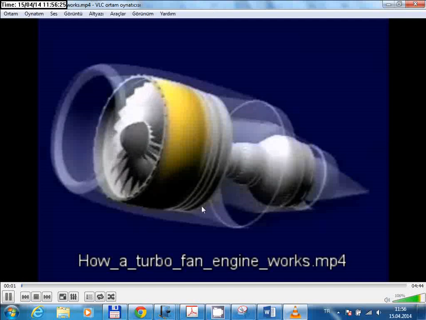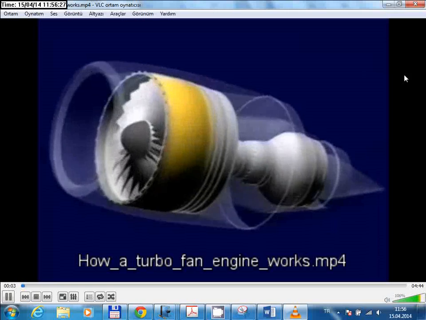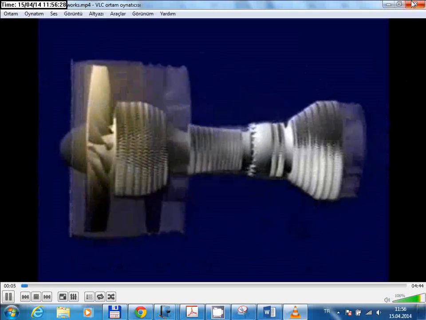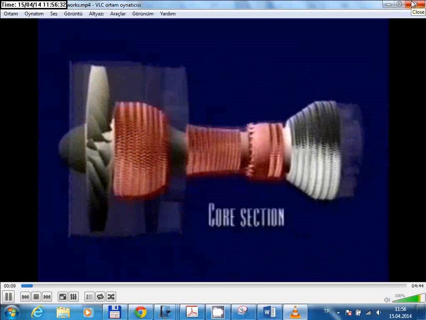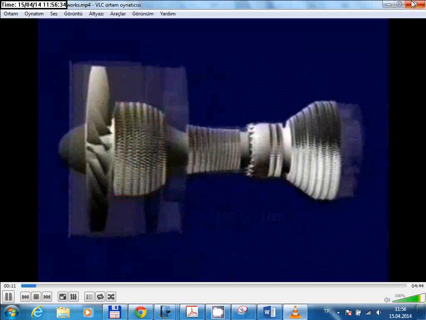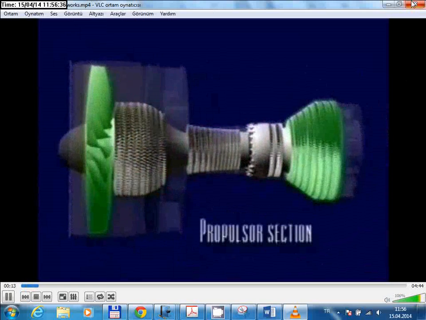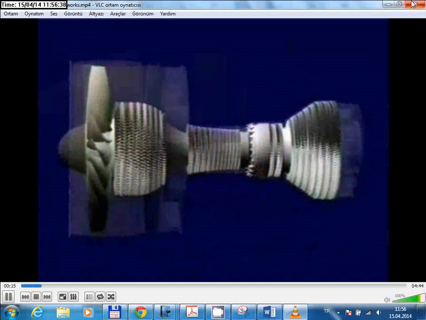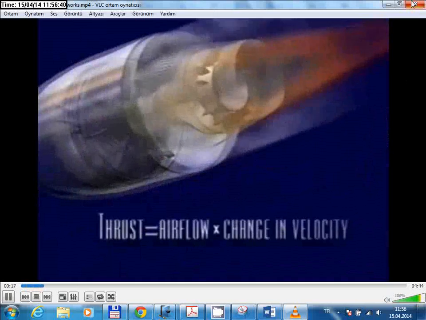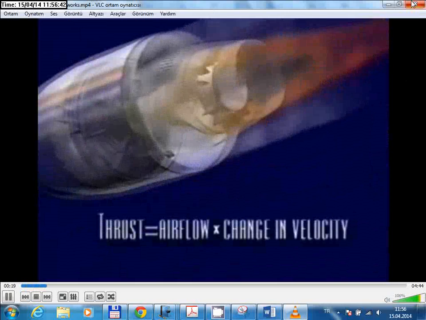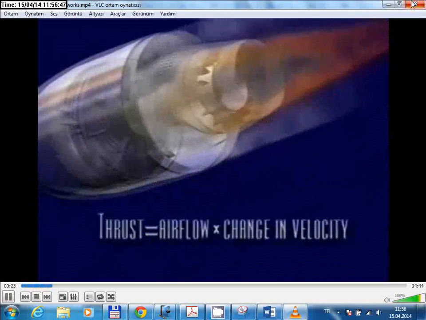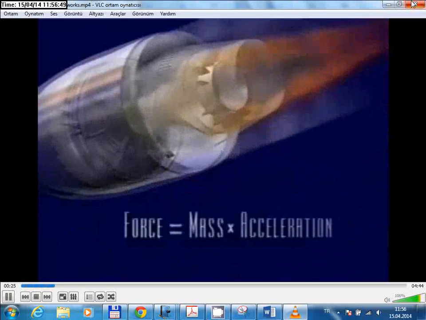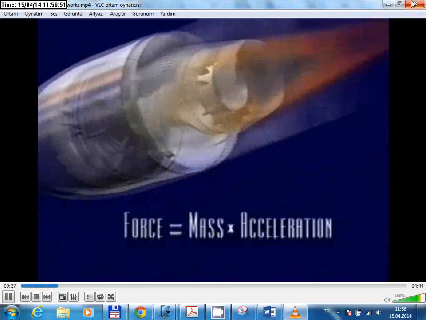A turbofan engine is a complex synchronization of several components working together as two parts: a core section that produces power to drive the propulsor section that produces thrust. Thrust is a force created by the acceleration of air. This phenomenon is simply an application of Newton's second law of motion, commonly expressed as force equals mass times acceleration. It is this force that propels the aircraft